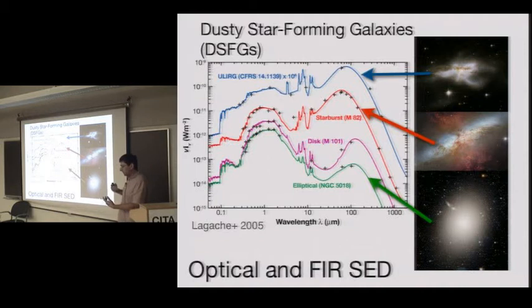So now we know that the infrared background, it absorbs the light. And it's a tracer of not just star formation, but when you look in the sky and you see the infrared, you're mostly seeing these dusty star-forming galaxies. So it's a tracer of star formation throughout the universe's history, and I'll get into that a little bit more.